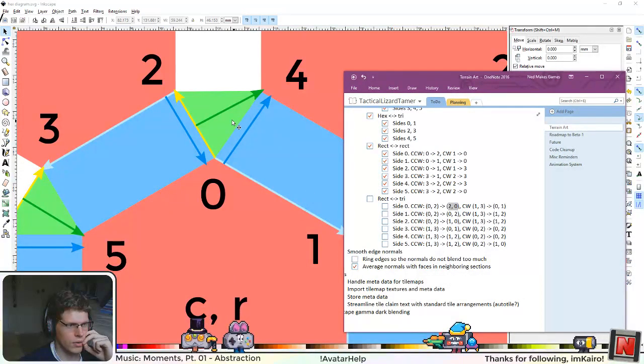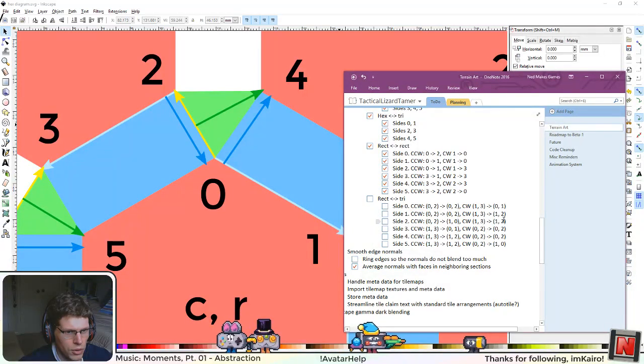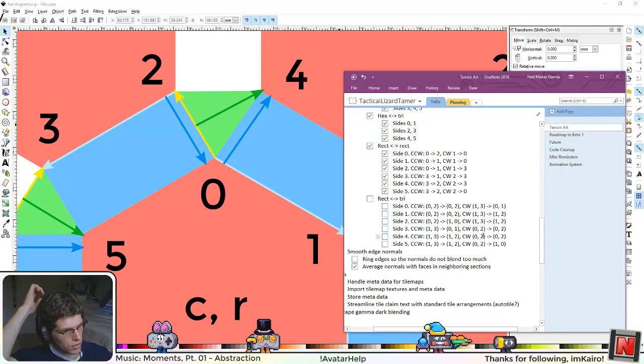Side 0, counterclockwise, 0, 2, 2, 0. Okay, so I did that backwards. Okay, so let's see. Does this all match? 0, 1, 1, 2, 1, 2. So it looks like